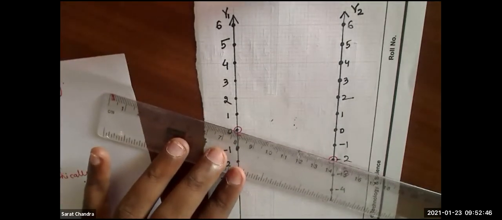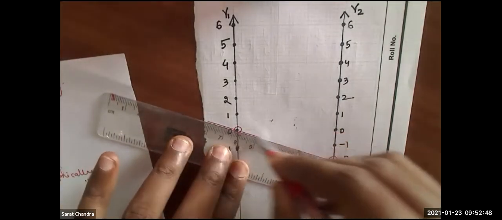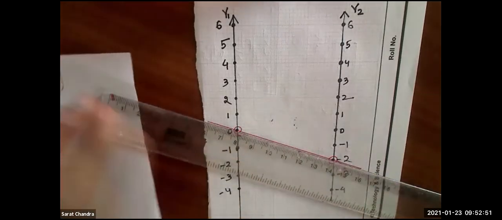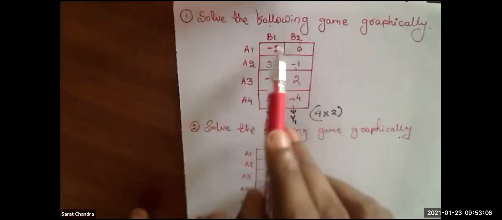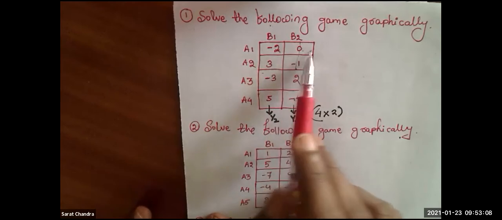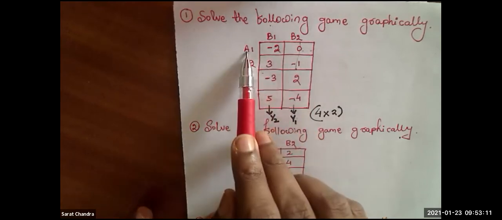We will draw a line like this. 1/3. What is 1/3? Value of gamma. You have already calculated. Okay, we'll check. I don't know the answer. 322. I will check. Okay, so one line we have plotted. Now, what is the name of this line? We have taken these 2 points. And for these 2 points, the name is A1. So the name of this line, I will write here, A1.